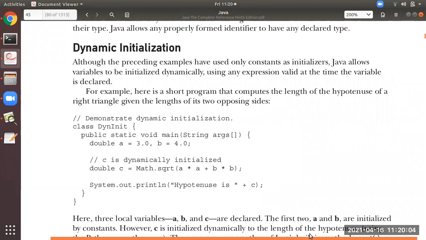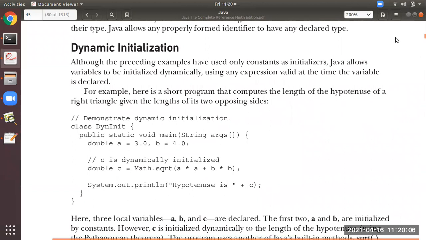Then comes dynamic initialization. What do you mean by dynamic initialization? The value of a particular variable is assigned at runtime. That is what is dynamically initialized.